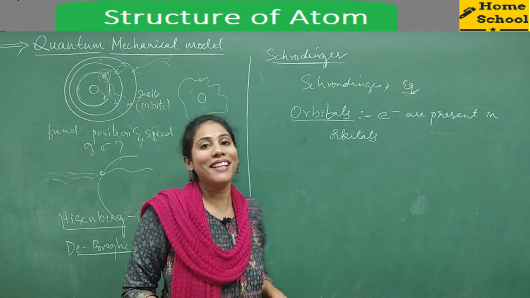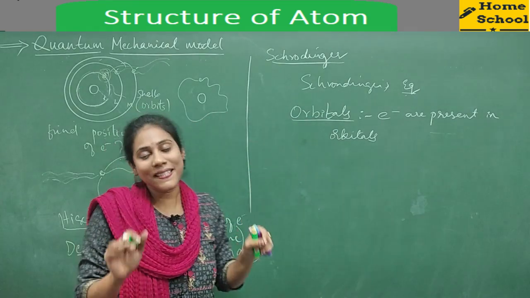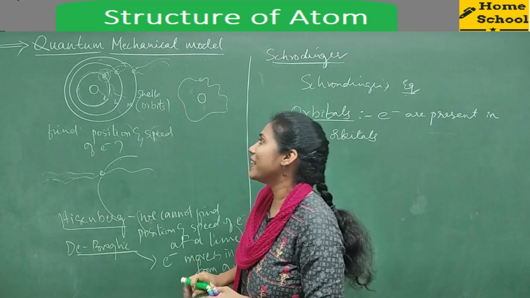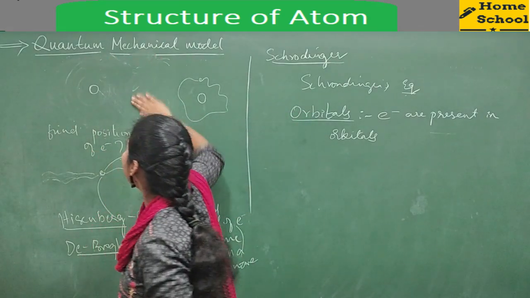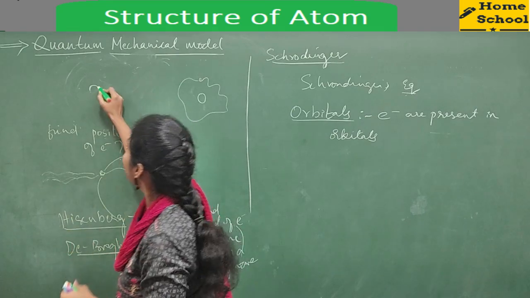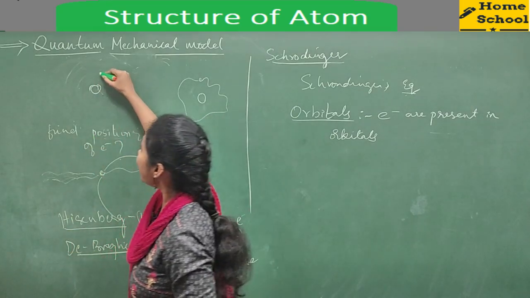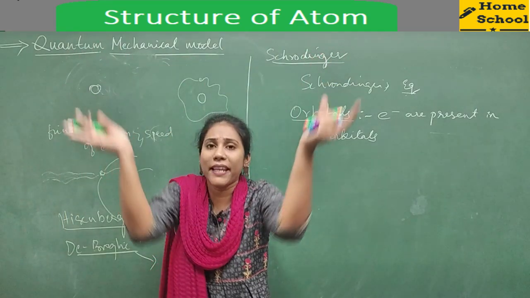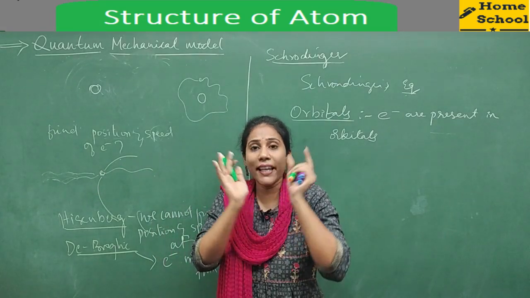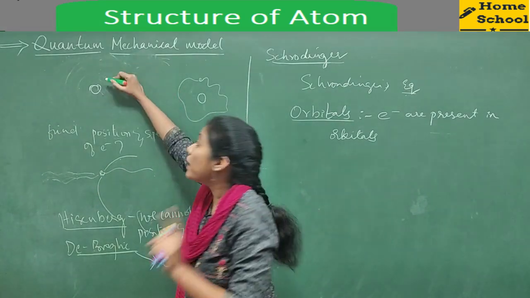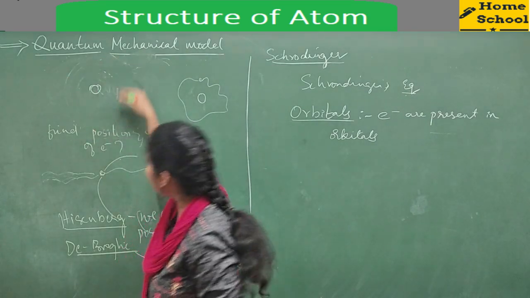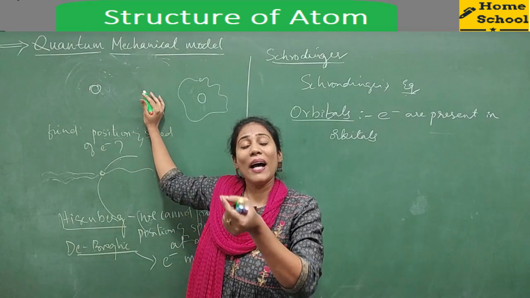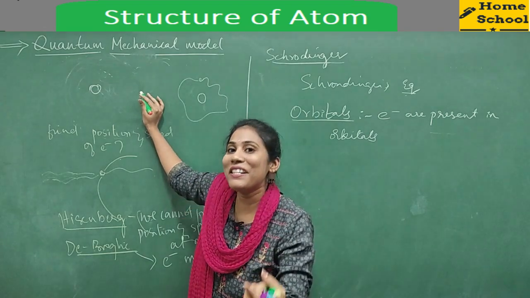Similarly, orbital is a space around the nucleus. Now, there is no such thing called orbits. So this is a nucleus, and there is lots of space around the nucleus. Empty space. So orbital is nothing but certain space around the nucleus where you have maximum chance of finding